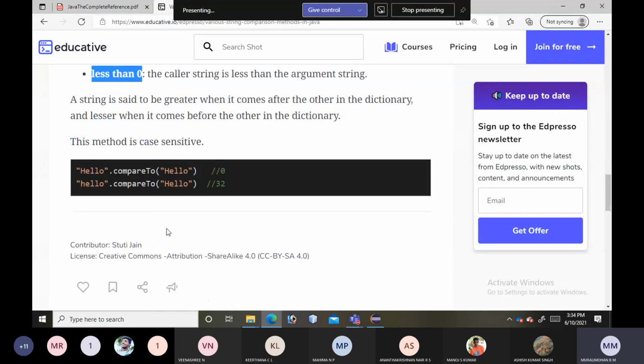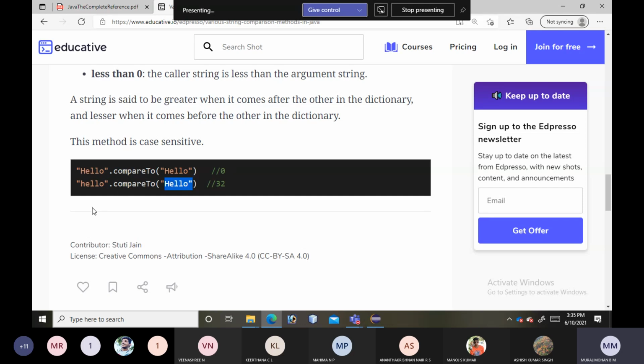One very simple example, observe here: "hello".compareTo("hello"). Since both are equal, it returns the value 0. The second one, observe: "hello".compareTo("Hello"). Since lowercase characters come after uppercase characters, we get a positive value.